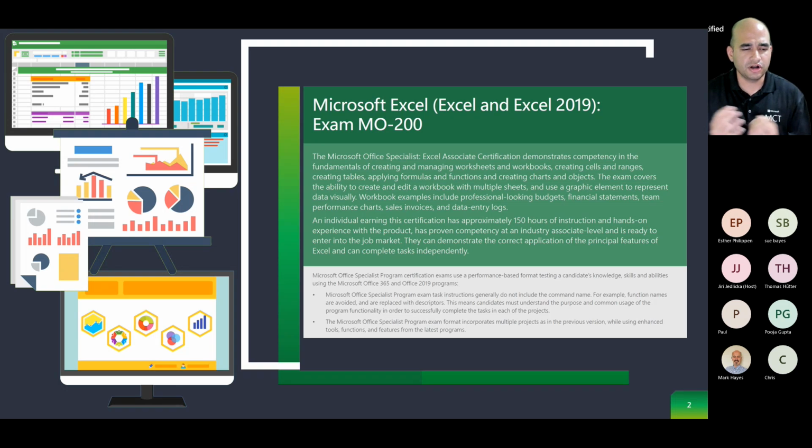And we are just looking at some of the keywords there highlighted: managing your worksheets. So if I were to just go here, managing worksheets and workbooks, creating cells and ranges, creating tables, using formulas and functions, and then rounding it up with charts and objects. So it's pretty much an overview of working with all sorts of various tools to make really good looking reports or organizing your data better,